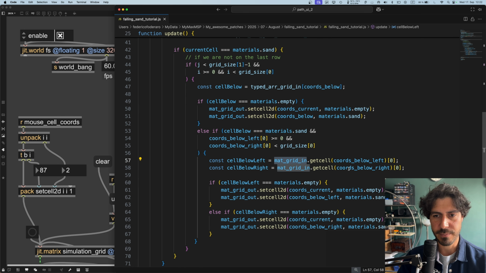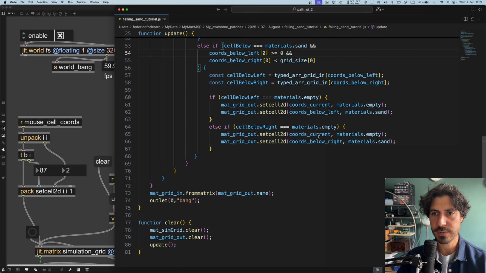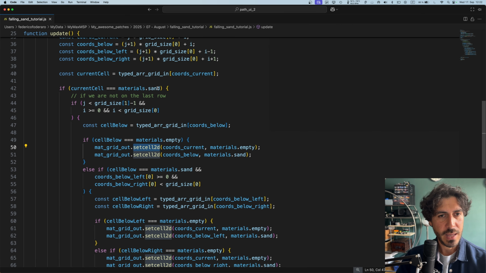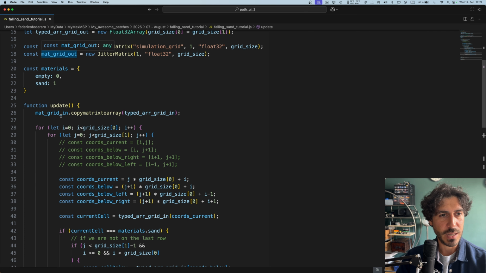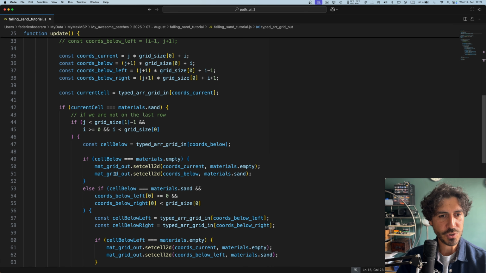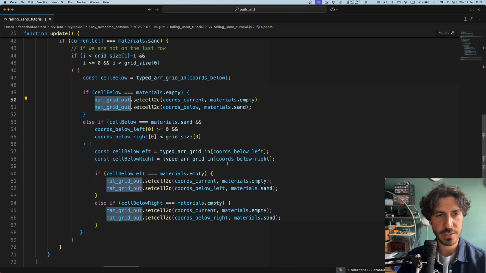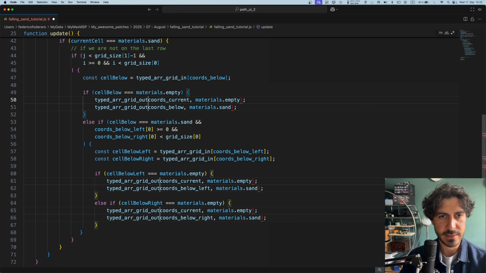so basically replace every mat grid in with typed array grid in, and then these with the one-dimensional coordinates. Chords below right. Sorry if I'm covering again with my face. I hope that's not the case. Let's just put it like this, full screen, right? And then mat grid out is going to be typed array grid out. So mat grid out. So we're just working on the arrays, right? Let's just select them all and let's replace that with